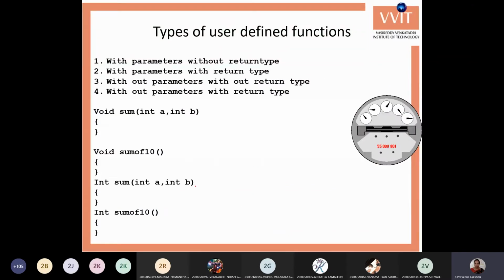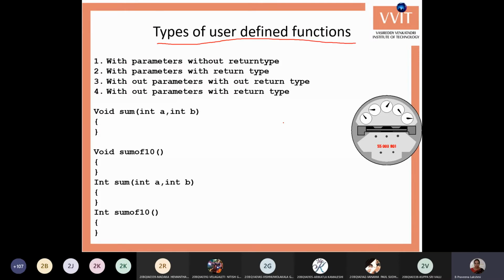Next we will see the types of user defined functions. Put this heading, types of user defined functions. And remember one thing: if you are asked a question like explain about different types of functions, then you need to write the first classification as predefined and user defined.